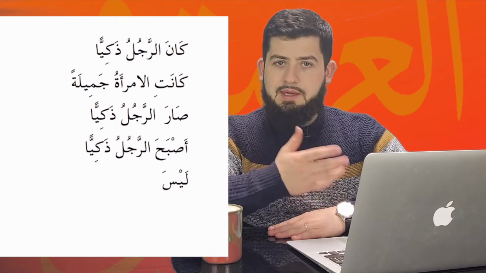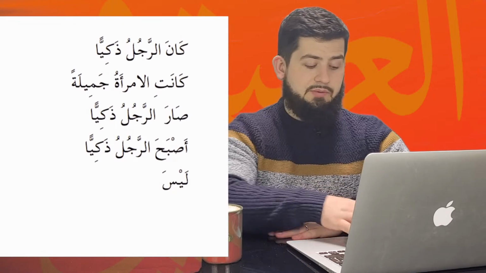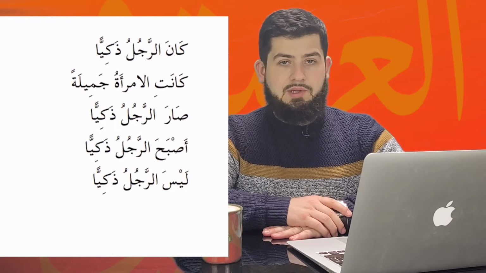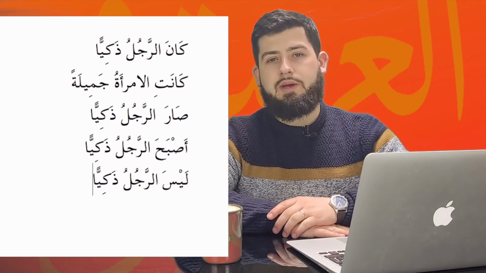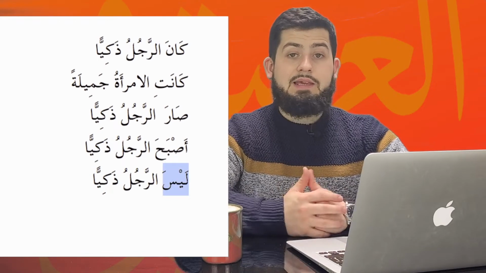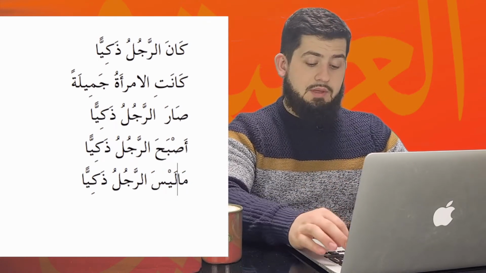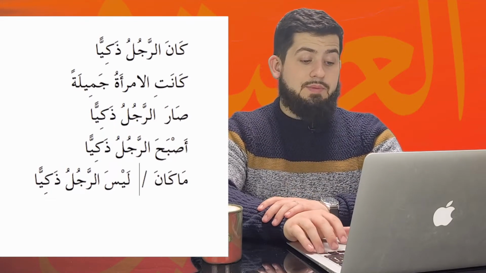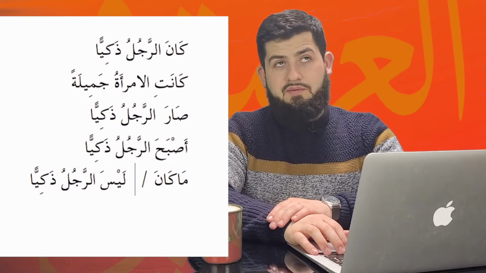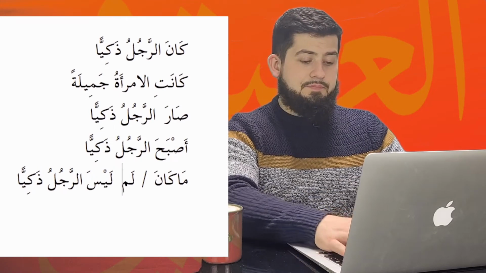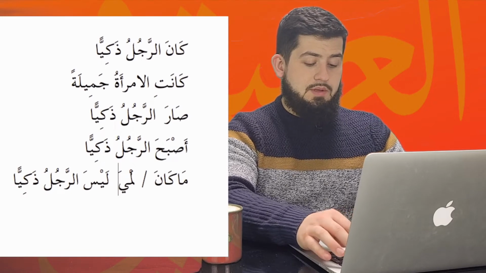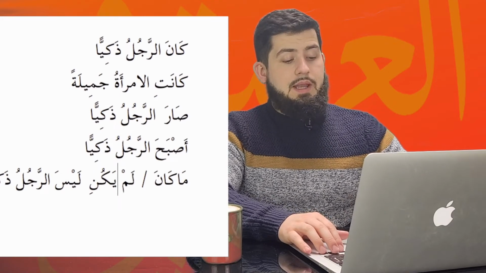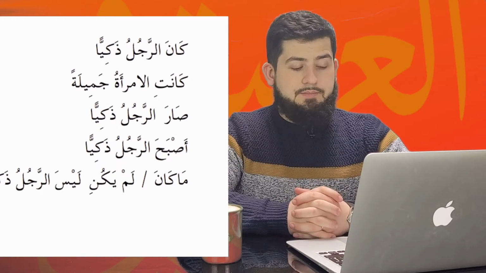Its meaning is for the present tense. For example, if we say ليس الرجل ذكيا, the man is not clever. If we're going to say a negative in the past tense, there's better ways to do that. Instead of ليس, we could use ما كان. ما كان would be absolutely fine. Or, if you want to use a فعل مجزوم, then you can say لم يكن. In this case, لم يكن الرجل ذكيا.